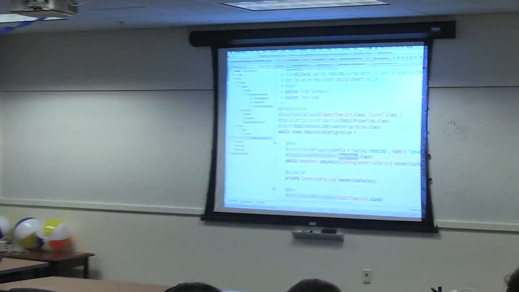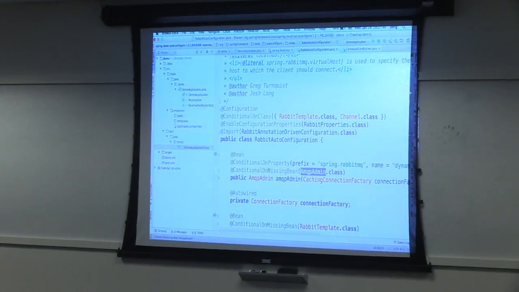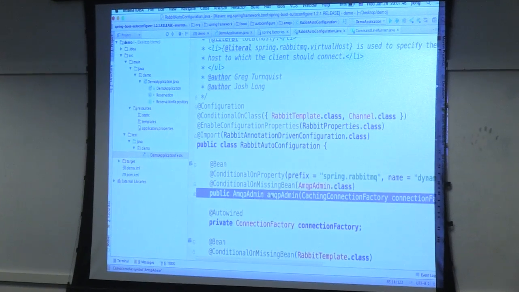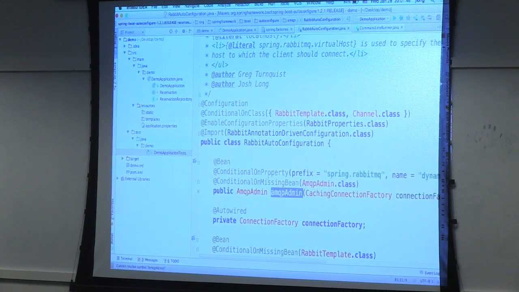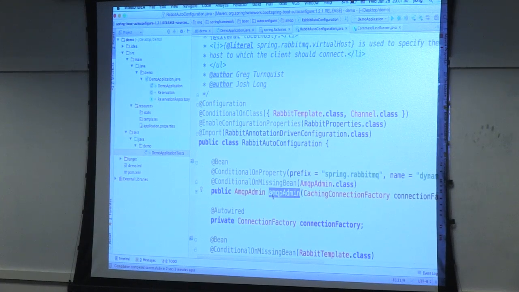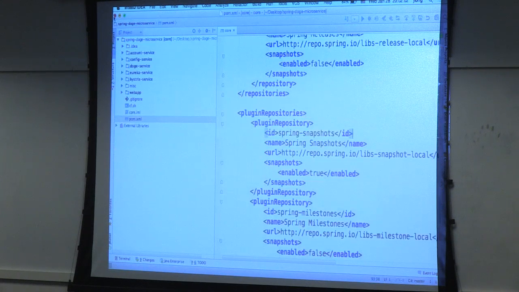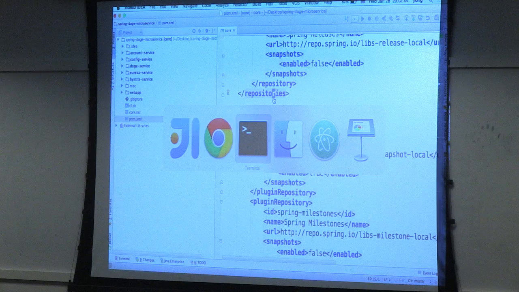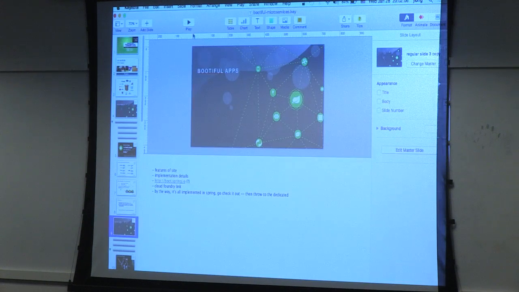Same thing over here. I can say, if somebody has already defined a bean of type AmqpAdmin, then don't bother evaluating this method. But if they haven't, then go ahead and do it, right? So I can say, well, if somebody's defined a data source, then back off. But if they haven't, for example, in the case of my H2 thing, then do the right thing, right? So it makes it a very dynamic environment. OK, now back to the Spring Cloud stuff. This is what I really wanted to talk to you about. This is the good stuff.